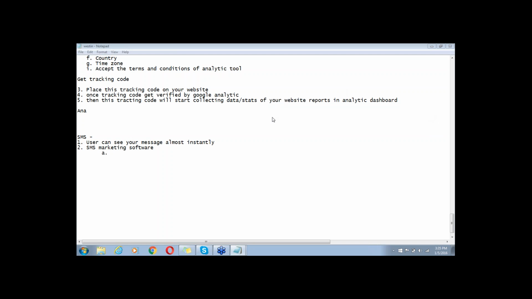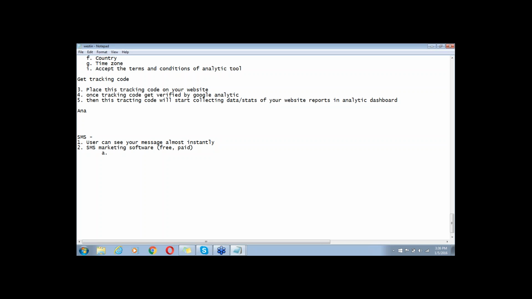You have to use SMS marketing software. Few SMS marketing software is free and few is paid, but the free ones will take advantage of the list you are using, or they will embed their own advertisement in your mobile messages, or you are not able to customize it according to your requirement.